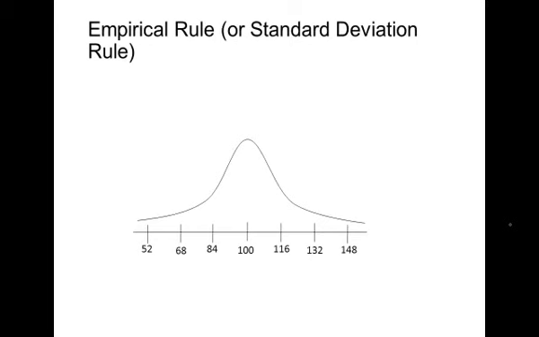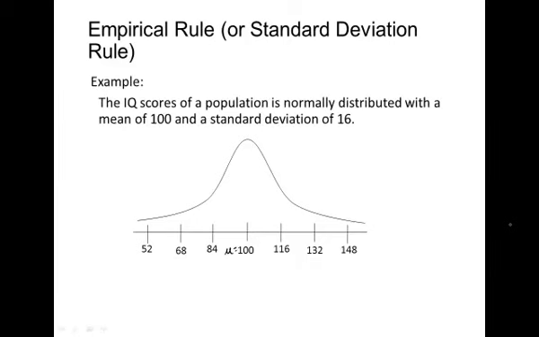All right, so here is a normal distribution. Think about which of the examples we looked at earlier fits this one. In other words, the mean, I'm going to call this mu instead of x bar, is 100. If you guessed IQ scores, you guessed right. Mean of 100, standard deviation of 16. So if you know that your IQ is 116, now you know that you are one standard deviation above the